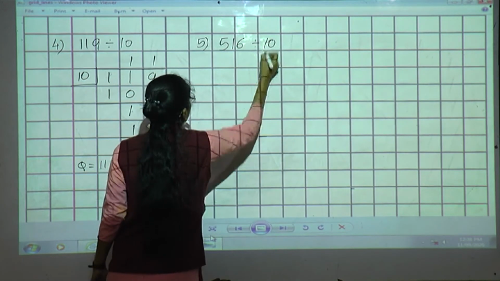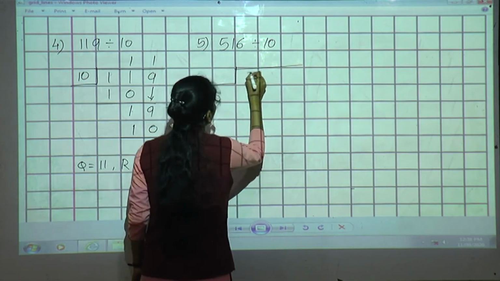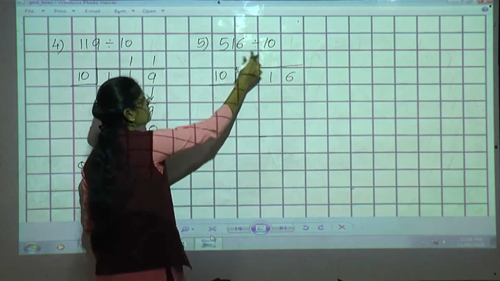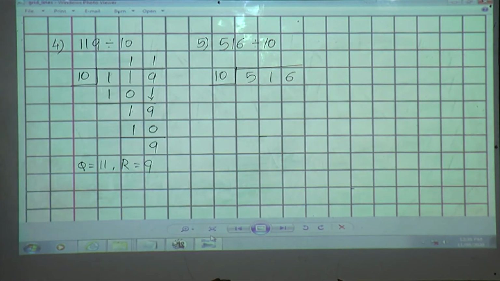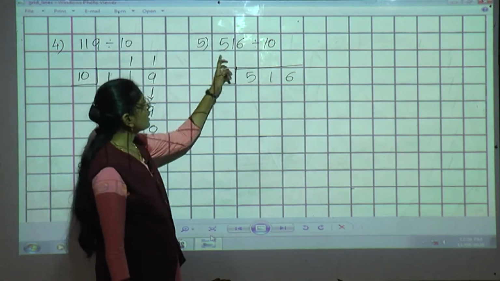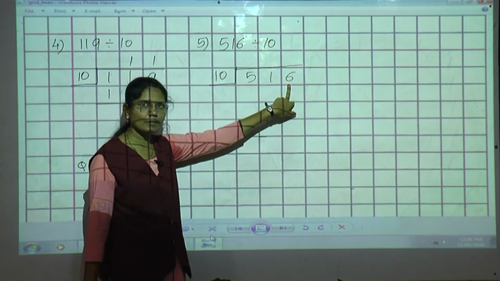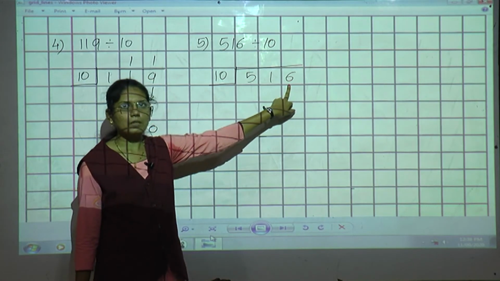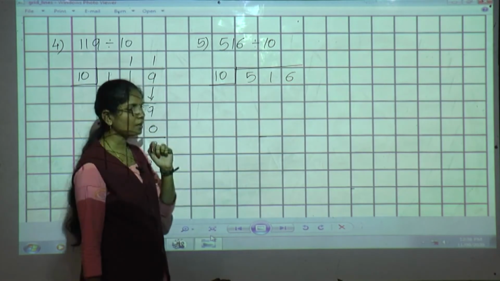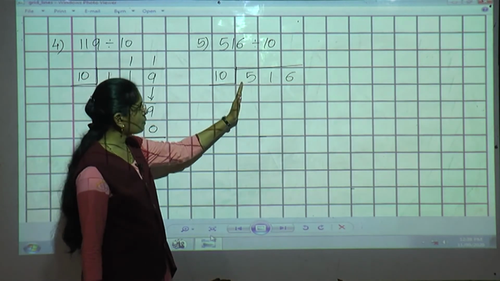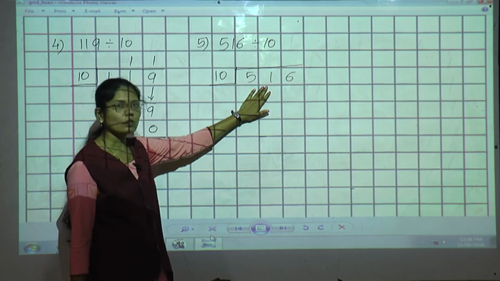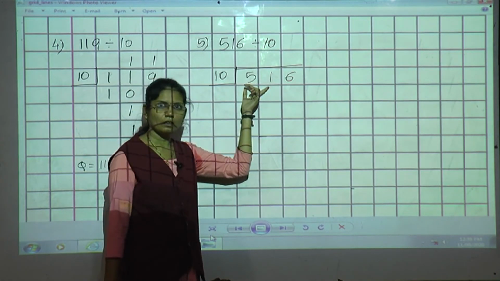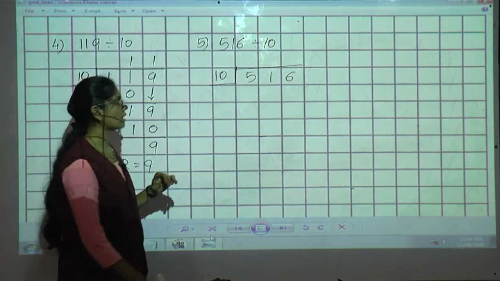Now see students, see the number carefully and tell me the answer, because here divisor is 10. So by looking at the number only you have to tell me the answer and then afterwards we will check our answer. Okay, by solving the example. Now see in 516 at ones place which number you can see? At ones place 6 is there. Means our remainder is 6. Okay, and whatever the numbers will remain, that number will form the quotient. So here 51, we will get the quotient. Okay, so let us check our example.